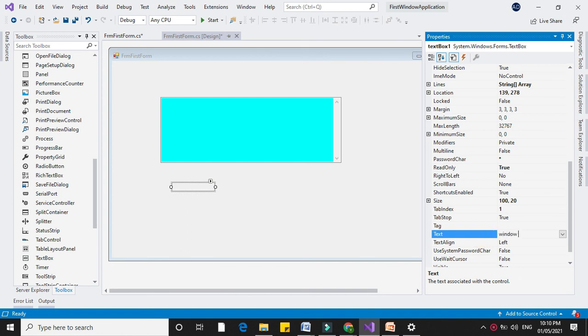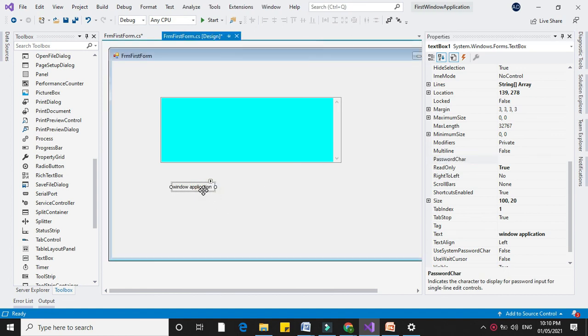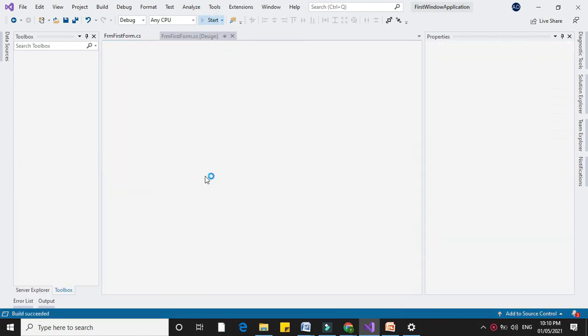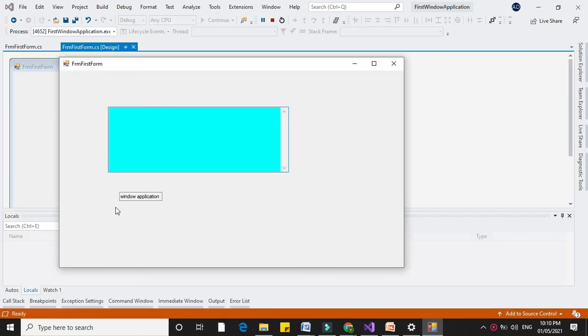I will write here window application. It will display window application. So when you execute it, you will get the default value window application.